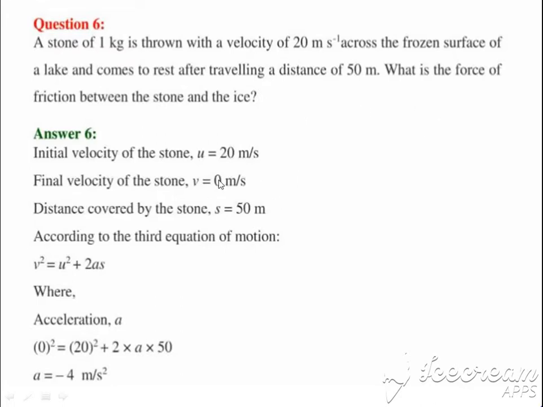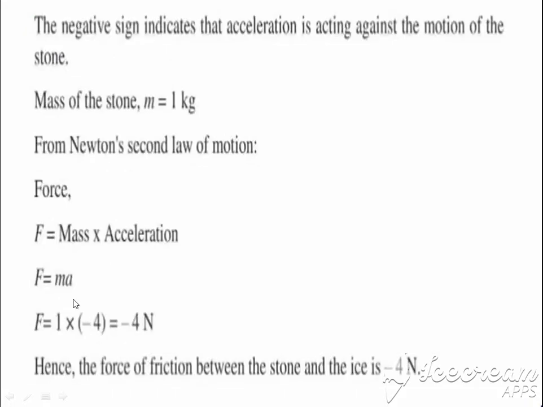Now to find force, as we know, the formula of force is ma. We have the mass over here, 1 kg. You just have to find the acceleration. To find acceleration, we cannot use S equal to ut plus half at square because we don't have any time. So the formula that we are going to use is the third equation of motion, v square equal to u square plus 2as. So find a with this. Now force is easy to find. Force is ma. So when you use the formula ma, you get the answer minus 4 Newton.